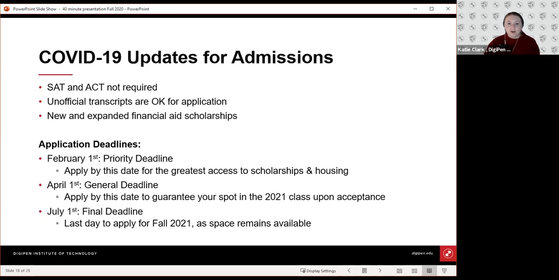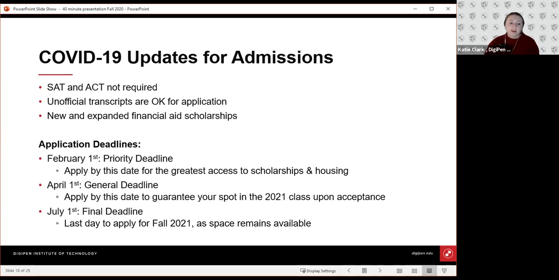As far as our deadlines go, we operate on a rolling admissions basis. So we are continually accepting applications and will continue to evaluate on a rolling basis until the class is full or until the deadline hits. Once your application is finalized, you can expect a response within about 2 to 4 weeks of all of your materials being received by our office. The first acceptances should be going out towards the beginning of November, and our application is open for fall 2021